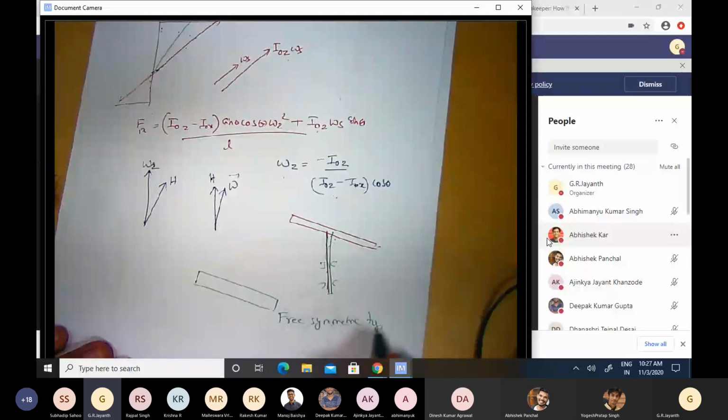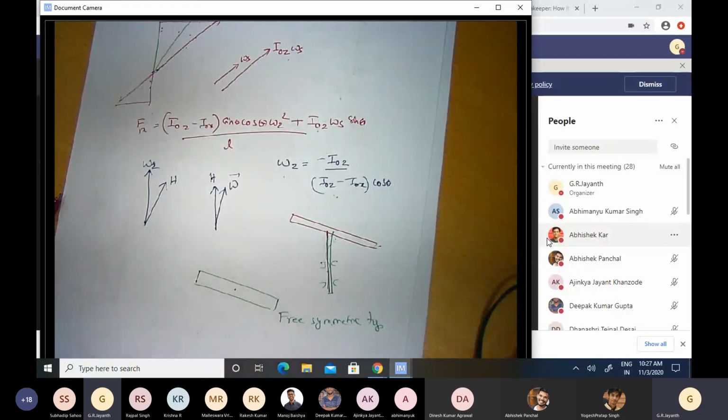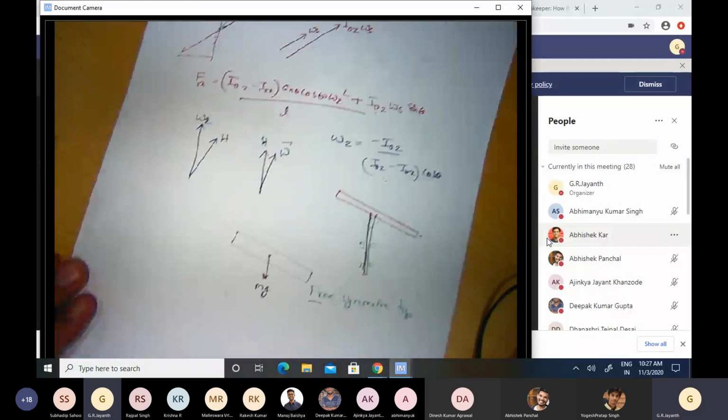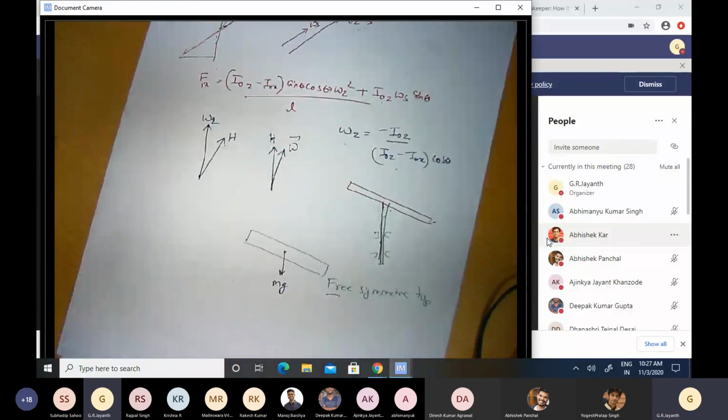Okay, now when I say free, I want to qualify it by noting that it doesn't mean that gravity does not exist in this problem. Of course, these symmetric tops can be tops in space, can be satellites and such other things, spacecraft and so on. But more conventionally, they can also be objects on ground, with the exception that gravity does not have any effect on the rotational dynamics. That's what we mean when we say it is free. There is gravity. So when we consider the case of the frisbee, for example, it is of course bound by this mg acting down.